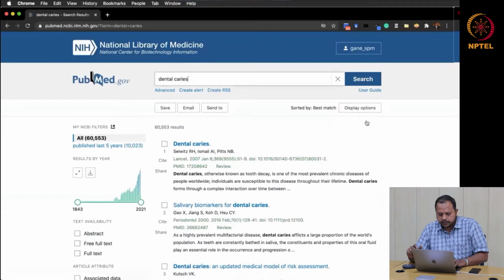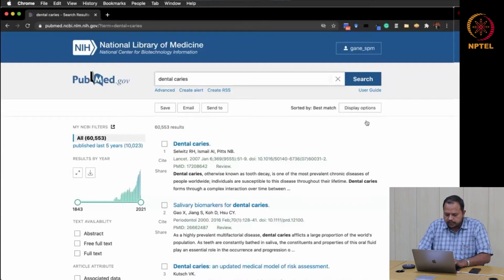Maybe the researcher's interest is to search only on dental caries studies done in India, which documented the prevalence of dental caries in children in India. But the researcher just typed dental caries and it throws nearly 60,000 records. First, you need to understand that this is not the right method of searching in PubMed. There is a pro method of doing a PubMed search that we will be demonstrating to you.